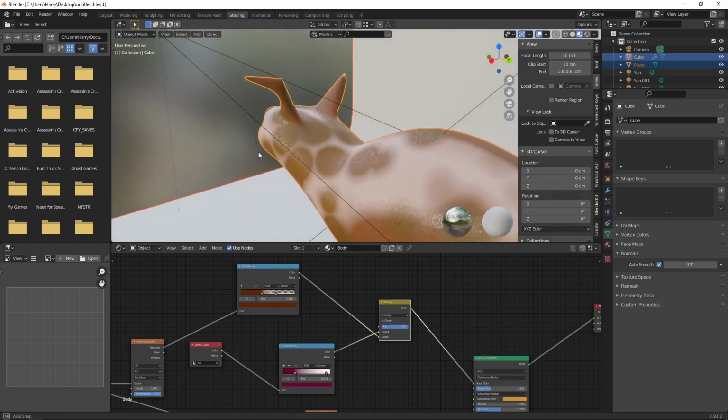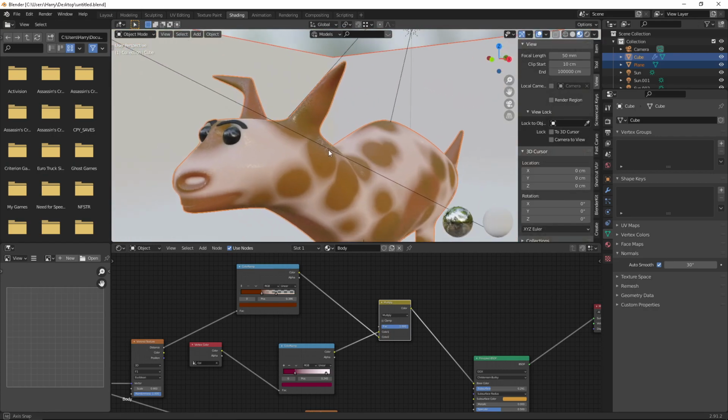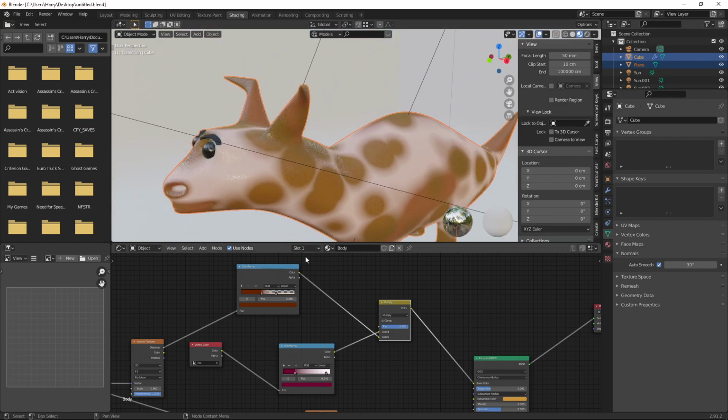So we can change it to... okay, finally we can go for the brown color like this, but everything looks pretty, how to say, totally different. I think so.